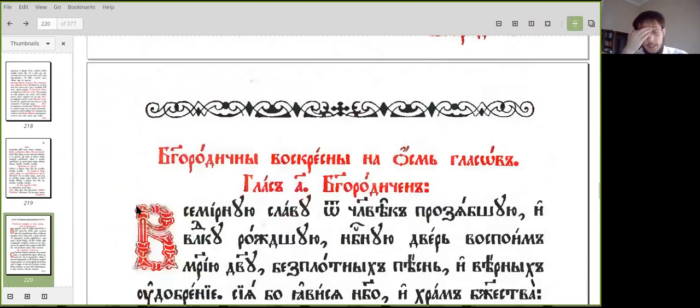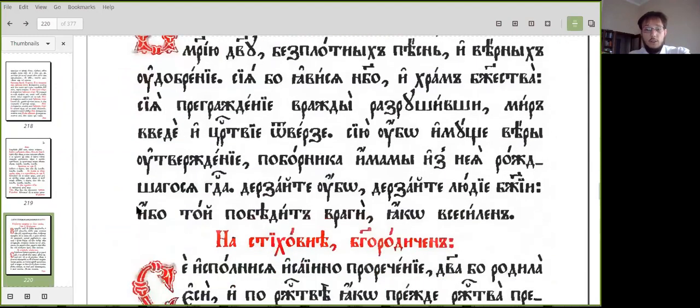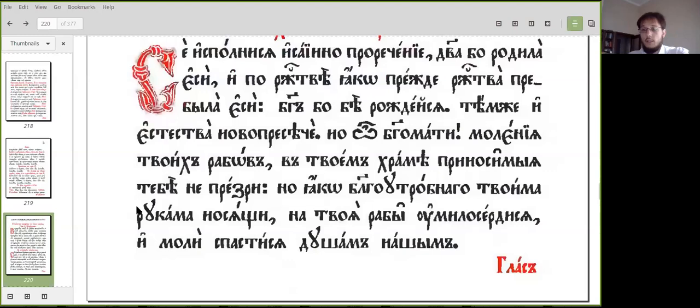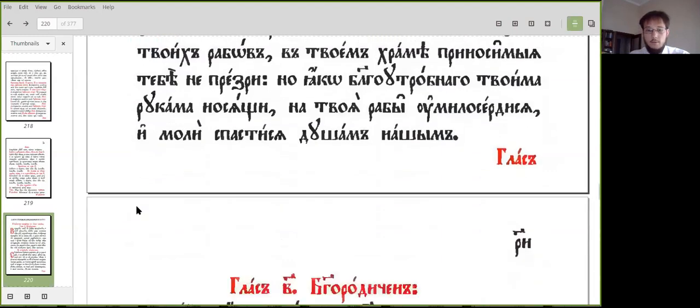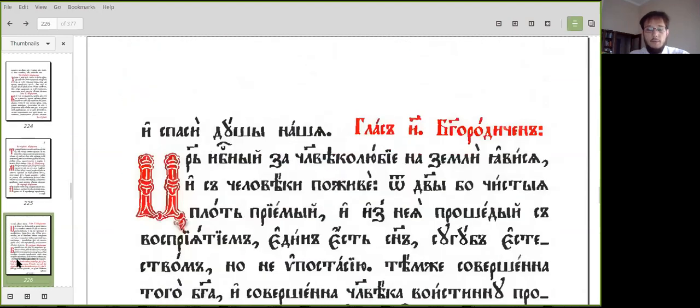Here we go. It's got the resurrectional Theotokia, the 8 tones. These are the dogmatic Theotokia, the primary Theotokia, and the lesser Theotokia. So this is equivalent to Appendix 1 in the Slavonic Menaion. Okay. Then it's got the